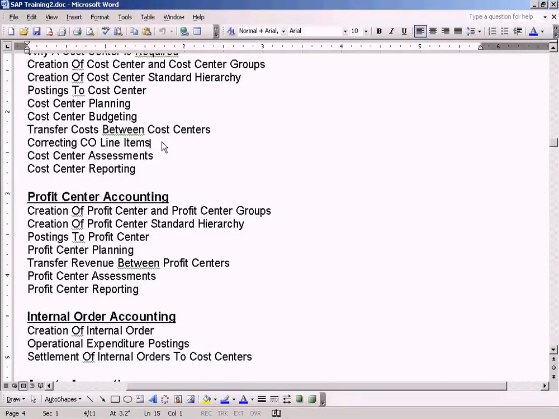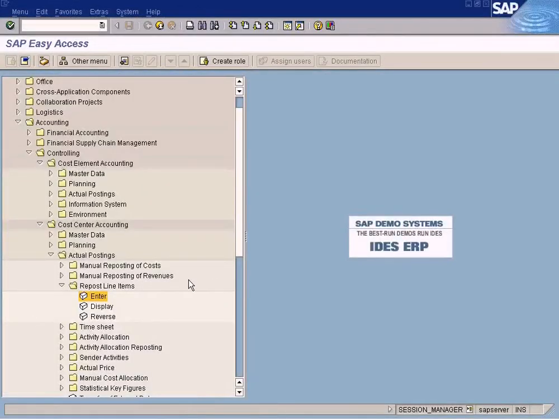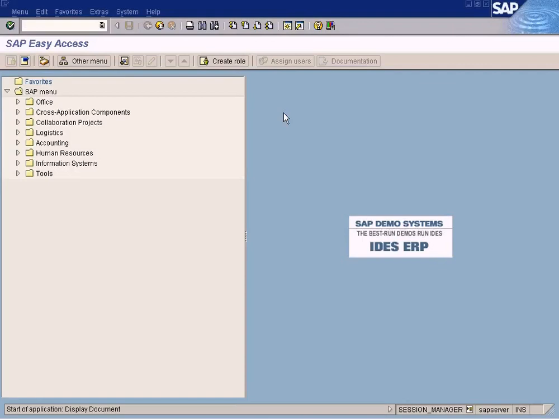Okay, now we go to the next topic, which is correcting CO line items. This is to correct the CO documents posted at the line items level. Let's do it now. I have already posted a document. Let me show you for this purpose. It is this